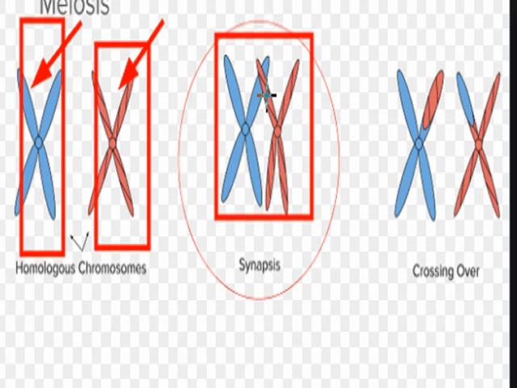What happens is that the genetic material is changed, which you can see here. The red is transferred to the blue one and the blue to the red one. It is shown with the help of colors so that you can spot it easily. What happens is that the genetic material inside the nucleus